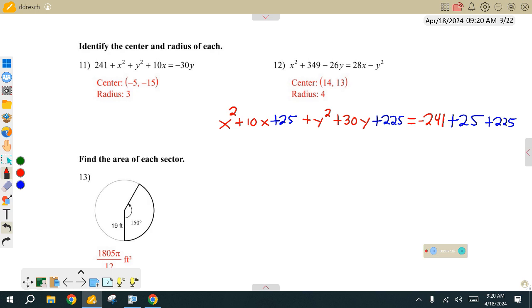So x squared plus 10x plus 25 is x plus 5. And if you haven't noticed that pattern, it's always that half of 10. It's the square root of 25. It's always those factors. And then on the y's, it's the same thing. It's that half of 30. It's that square root of 225. That's its factors. So in this case, the square root of 225 is 15. And then on the right-hand side, add those up. Now that's going to be equal to,